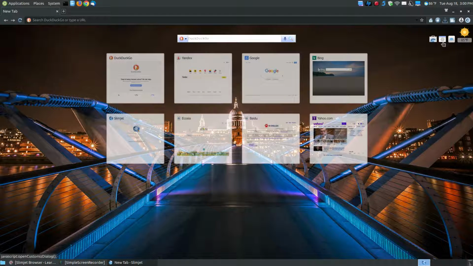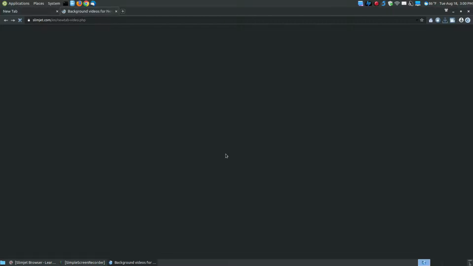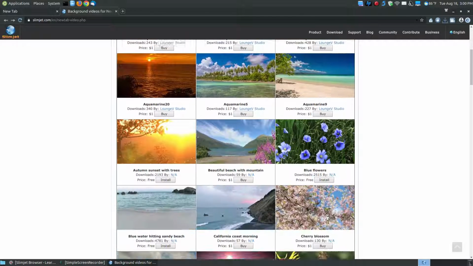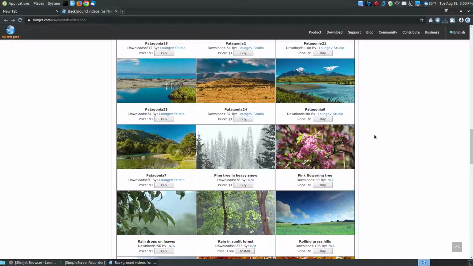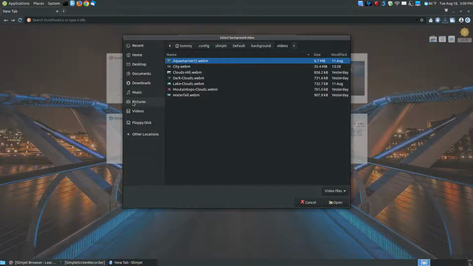Now if I wanted a video background, I go to background video, and if I wanted to install one from their online videos, I click this link, and a lot of them cost $1. There do have several free ones on here. Most of these are beach scenes and flower scenes, so if that's not your theme, you can download or record the WebM videos. Make sure it's not too large, and when you click the dot dot dot,